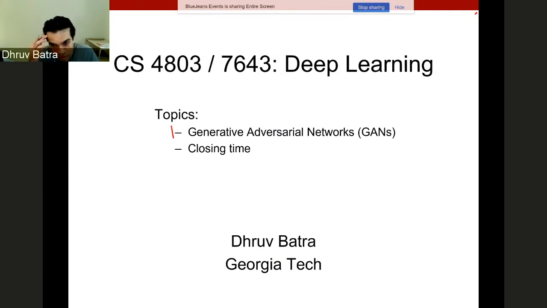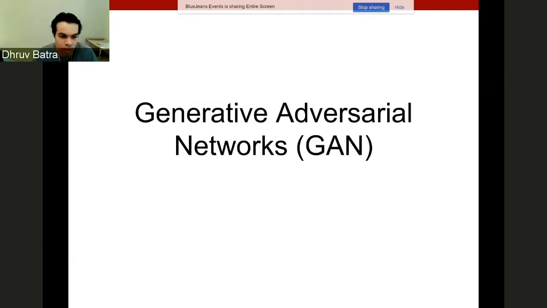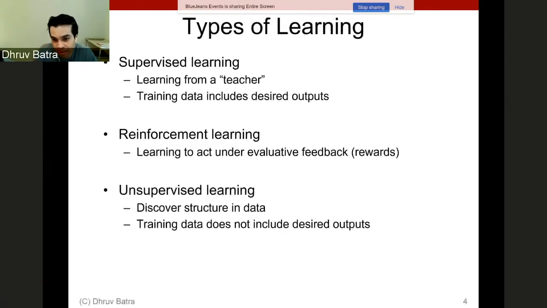This is not a particularly dense or math heavy class. Hopefully this will be lightweight, and then we'll look at just a look back. Okay, so let's take a look at generative adversarial networks and GANs, and let's take a look back to see